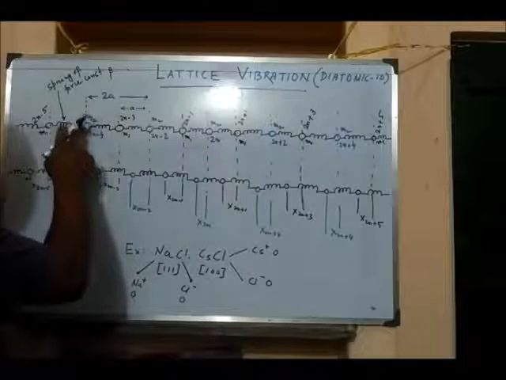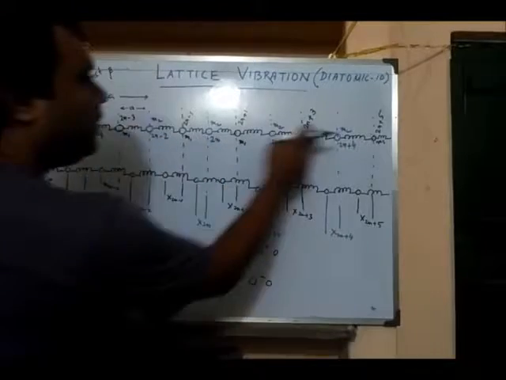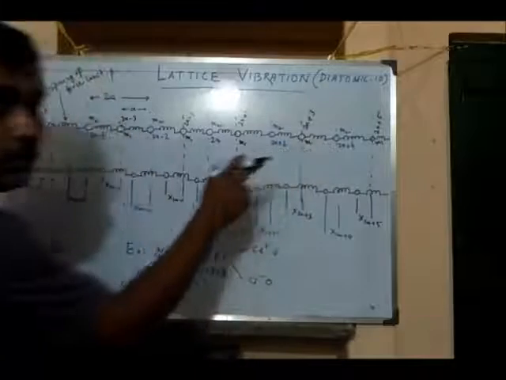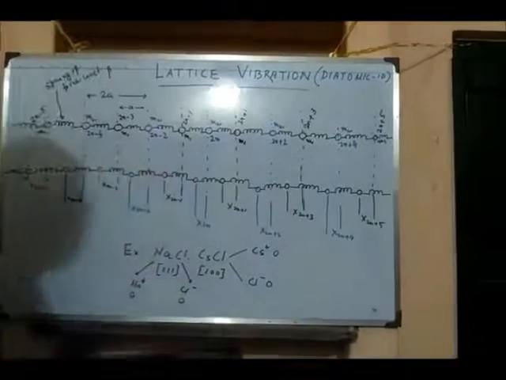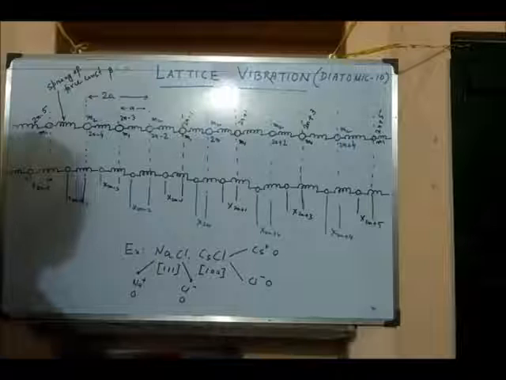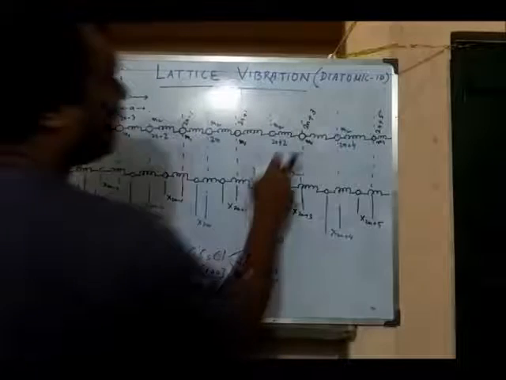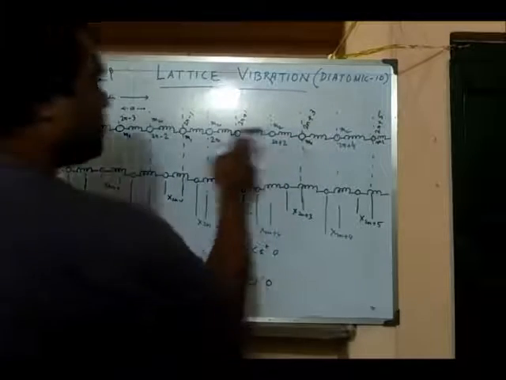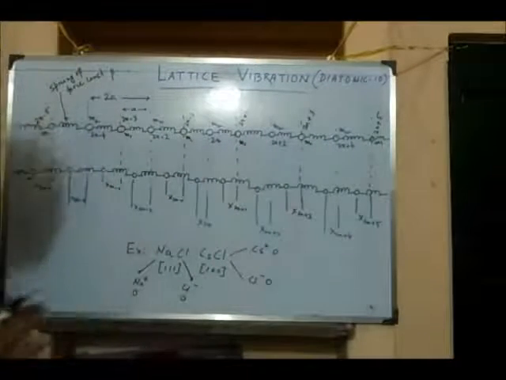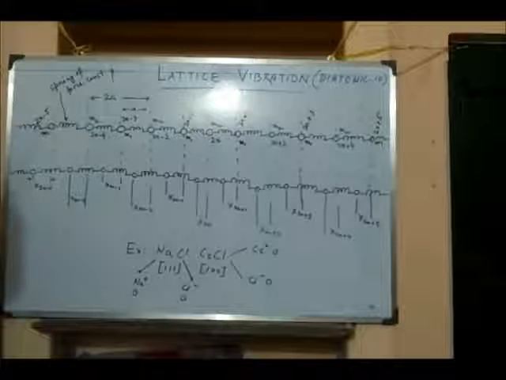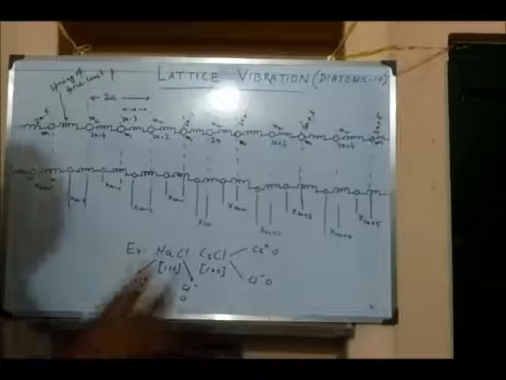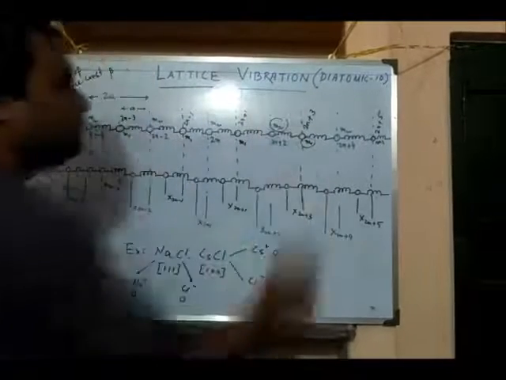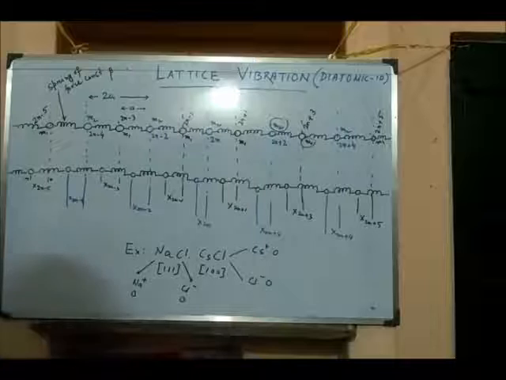In this figure, you can see that there are two types of mass point. One is designated by this blue round circle, and those blue round circles have mass M2, and there is another type of atom. Those are the black circles, and these atoms have mass M1. So you have two types of atoms, one of M1 mass and another of M2 mass. And